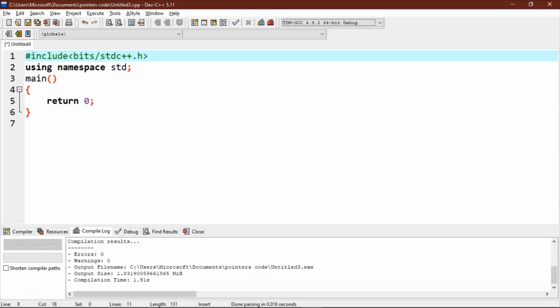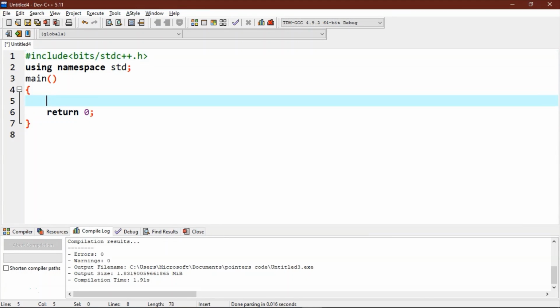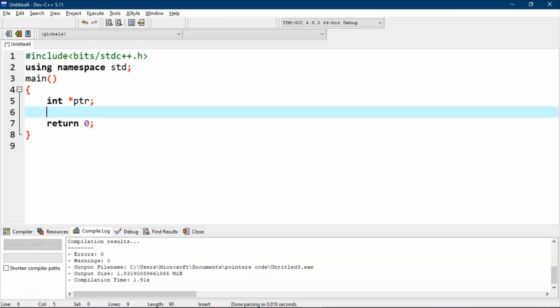First, let's declare a pointer ptr. But we will not assign it any address. Let's write a print statement to print it. This time we will directly print it.